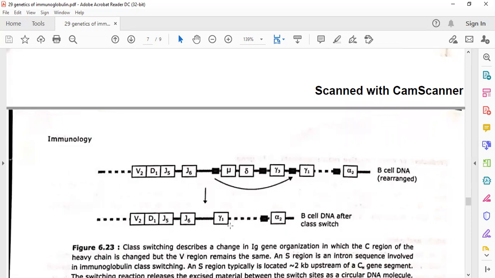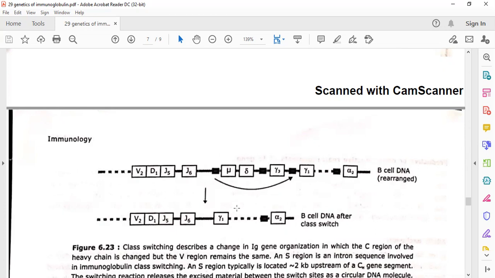Suppose there is a requirement of the preparation of IgG3, so there will be a cut from mu to gamma 3, and then it will undergo the transcription, and a post-transcription modification will be made here, which undergoes the cleavage of the gamma 1 and the alpha 2. After that, the immunoglobulin will be